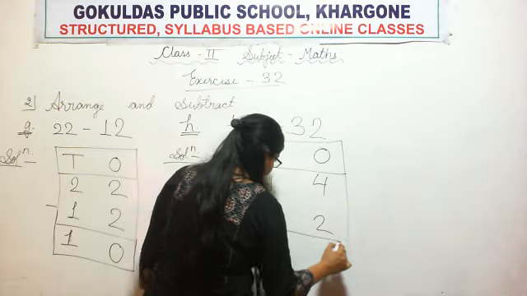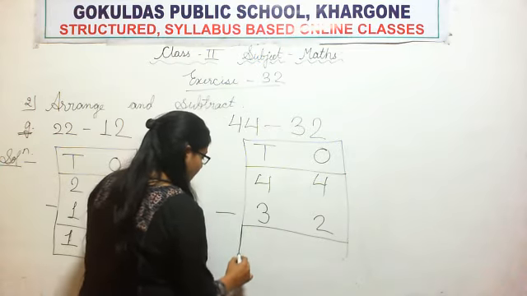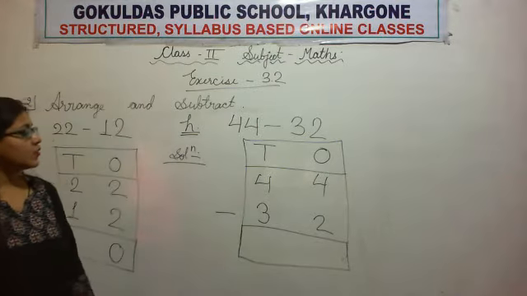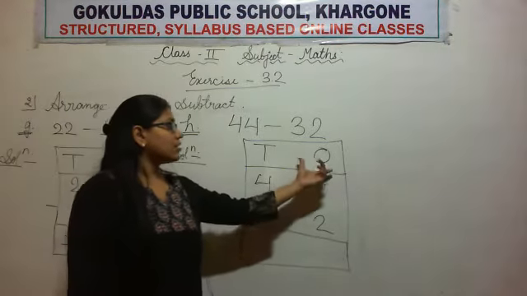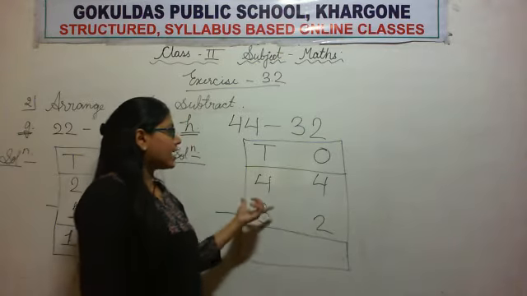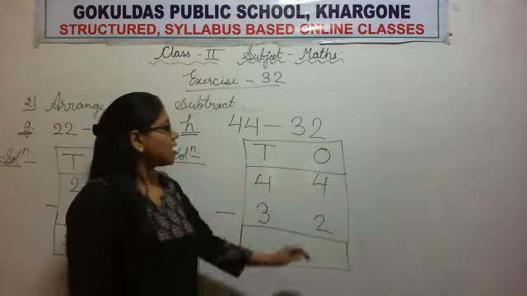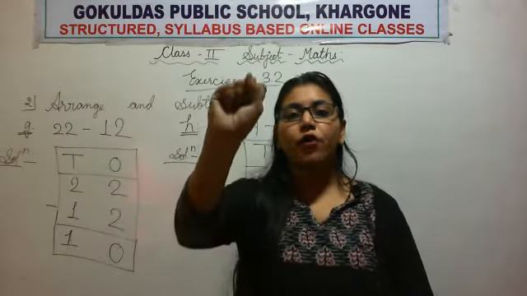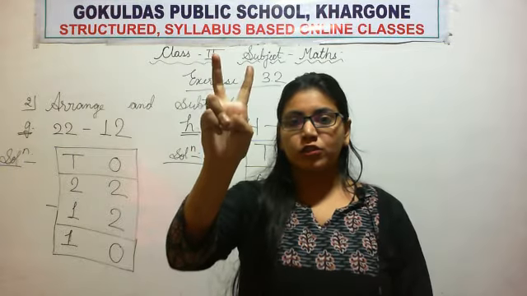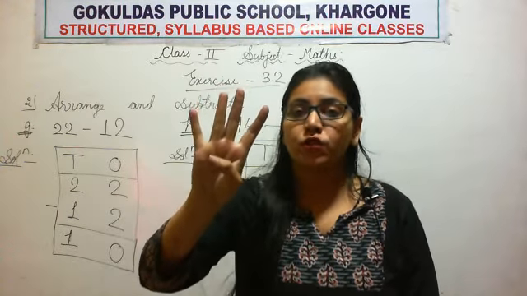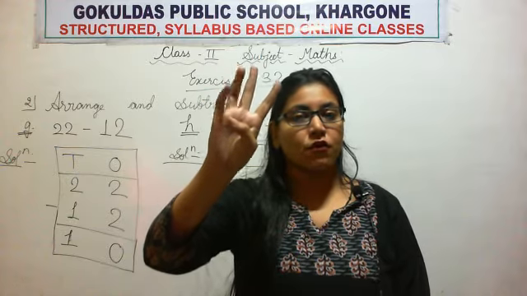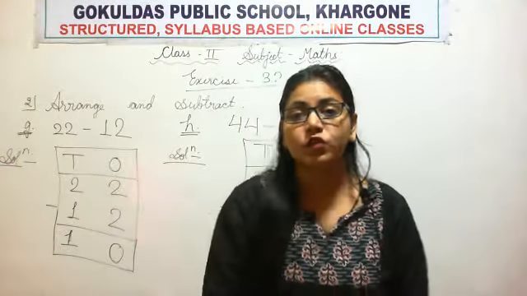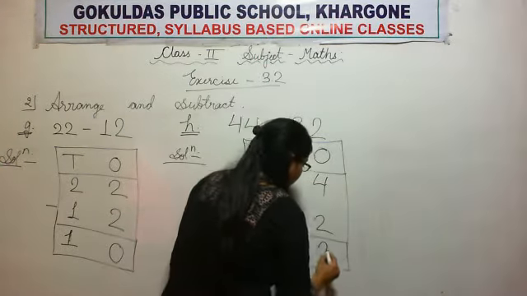Now, we'll make the table. You all have to make it with a scale or ruler. Okay? So now we will subtract ones from ones and tens from tens. Starting from the ones, 4 minus 2. All of you open 4 fingers with me. 1, 2, 3, 4. Minus 2. So let's remove 1 and 2 fingers. Now, 2 fingers are left. It means we have to write the number 2.